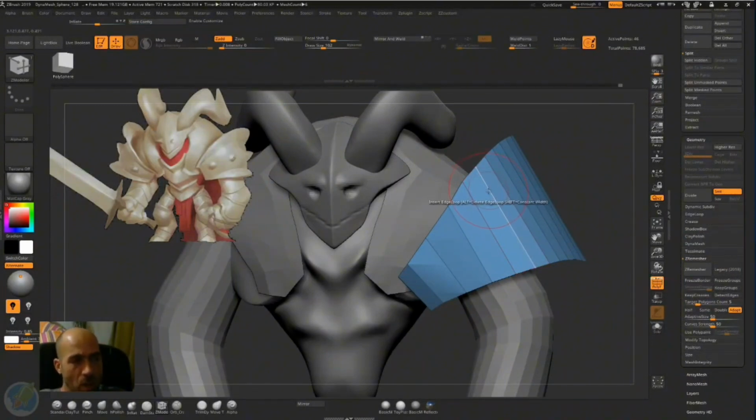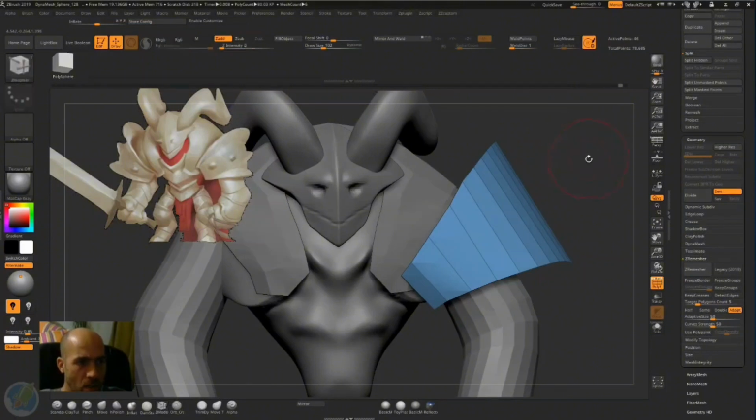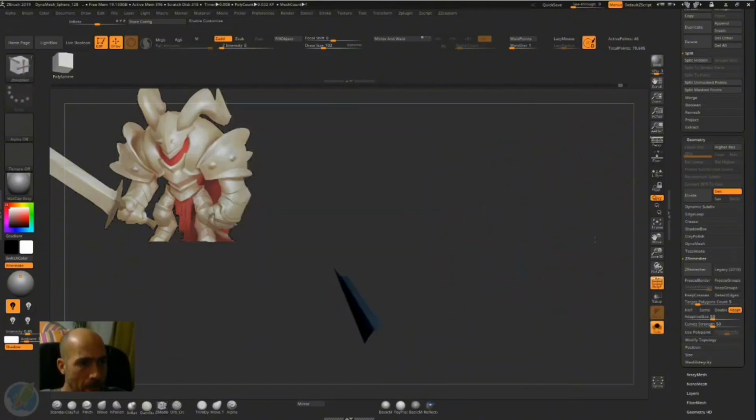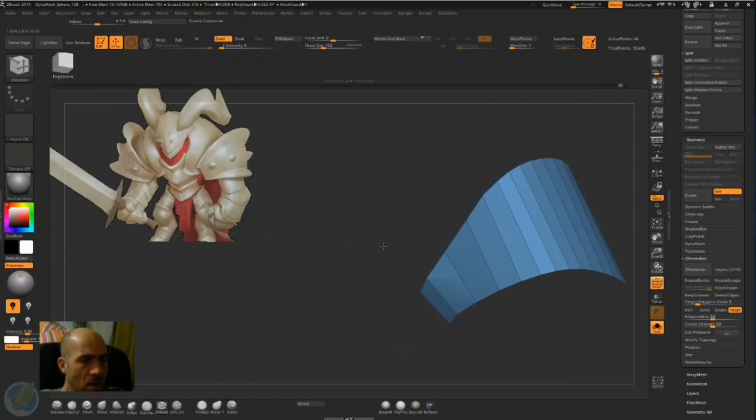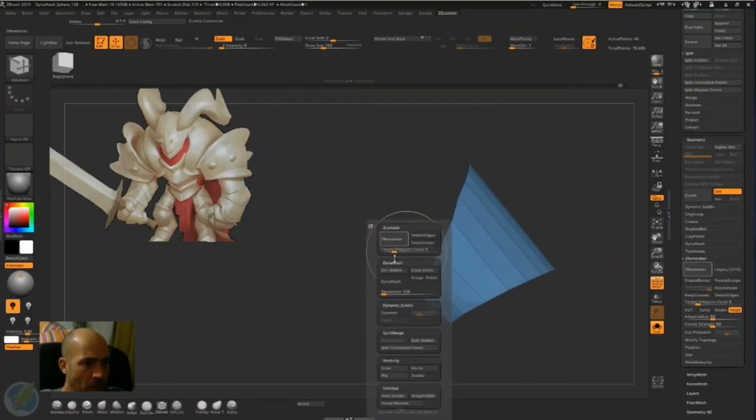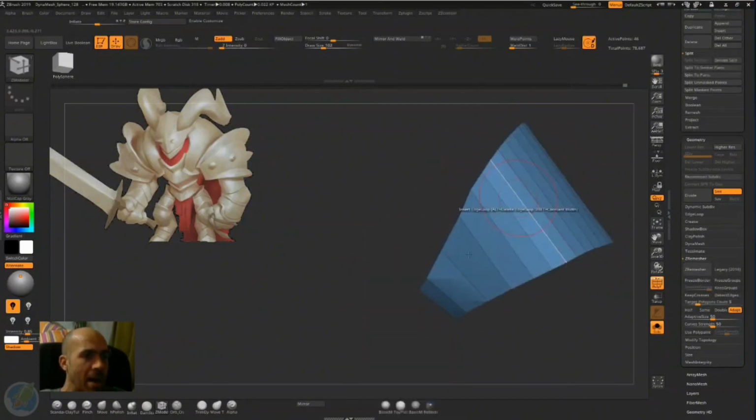Edge, not an edge loop. Because by default, when we click on an edge with this brush, we're making an edge loop. But we don't need that now. I'm not sure why this made this kind of thing here. Huh. It's strange, but we'll see. Del hidden. I haven't pressed del hidden. Now it's good. Okay. So we want to make this edge loop here so we can make this lip and